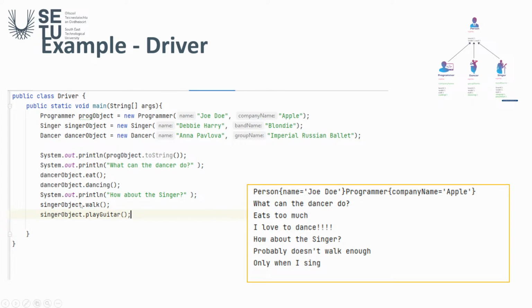It prints out what about the singer, and then it prints out singer object .walk, probably doesn't walk enough, and play guitar only when I sing. So we were going to get into this in more detail, but you'll notice that the eat